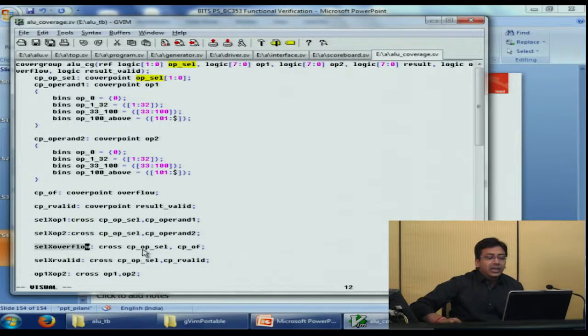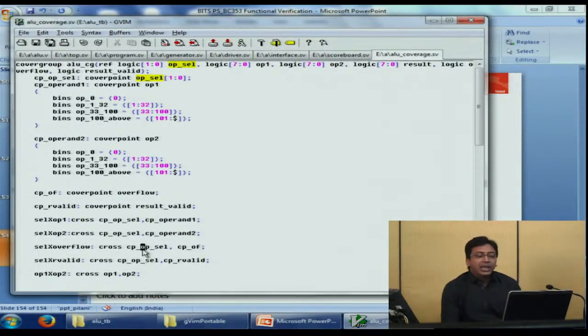Overflow flag. Did it ever happen that any operation was provided to the DUT and overflow happened? So this cross would actually mean, because this operation select is trying to cover all possible values and overflow flag says that did it ever become 1 during the simulation. So that means that we are checking that did overflow happen for each operation during the simulation? Did overflow happen for addition, subtraction, multiplication and division? If it happens for all 4 of the operations, this cross will say that I have been covered completely.